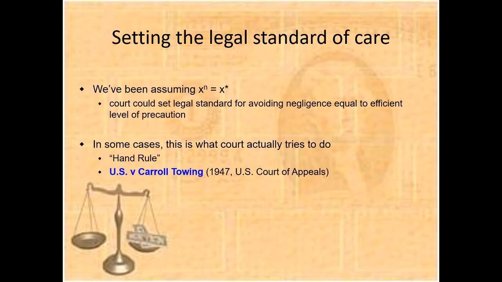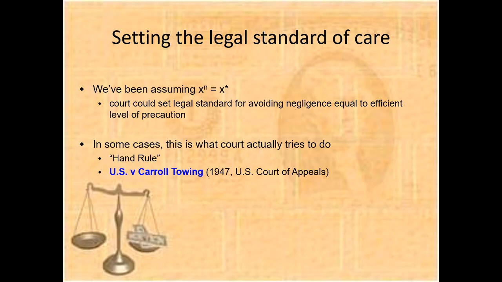But xn is equal to x star is a theoretical possibility, which we see as the best thing. But how the real world situation is aware of all this is a very practical problem. So if a case comes in front of the court, how that is resolved by the court, or the judicial setting of the standard of care a priori to the case, are matters of concern. In that regard, the Hand rule probably applies in most of the cases. Especially in the US